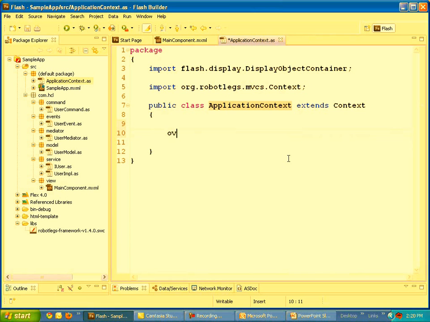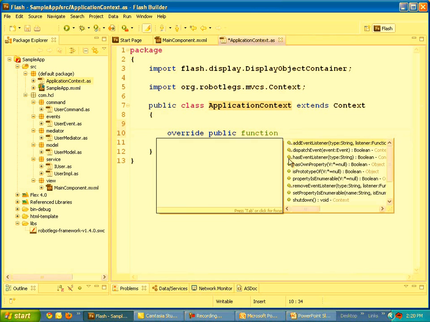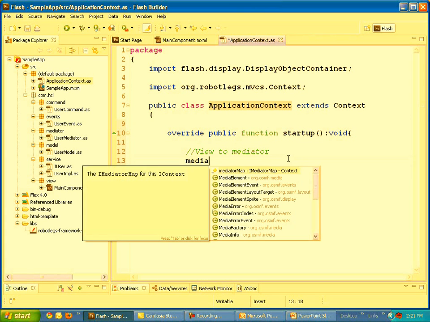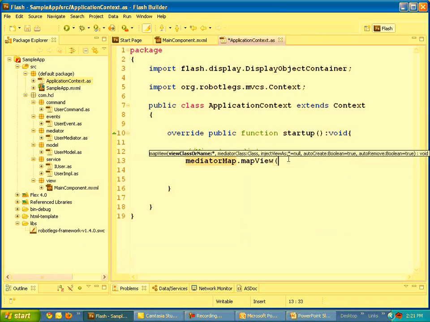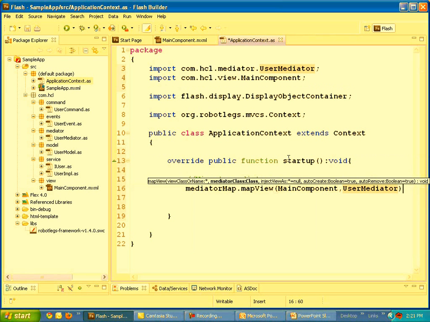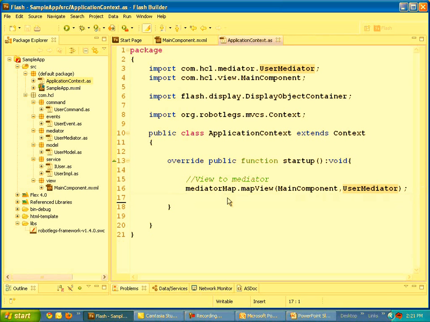first we need to override a method, override public function startup method, and inside this we need to configure view to mediator using mediatorMap.mapView, and the view name is MainComponent, comma mediator name is UserMediator. Just map this, and once it is done,